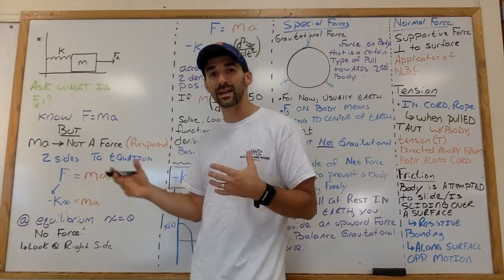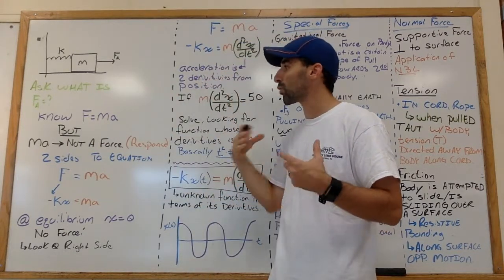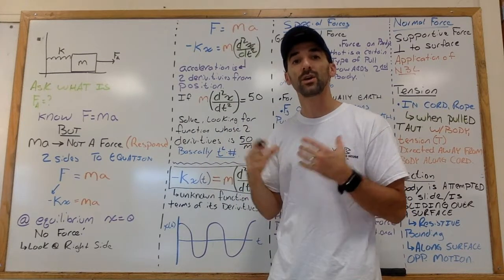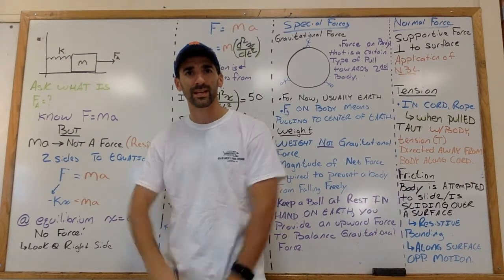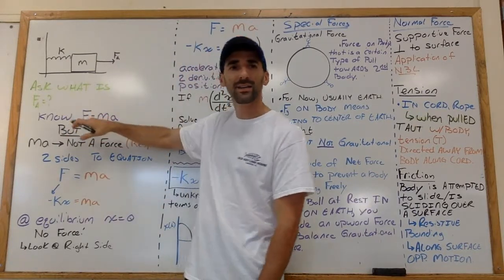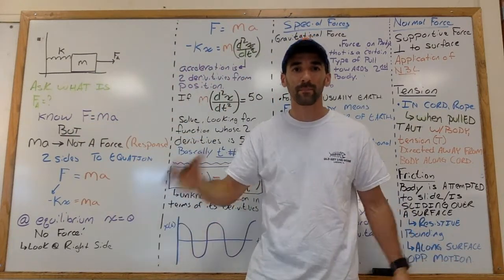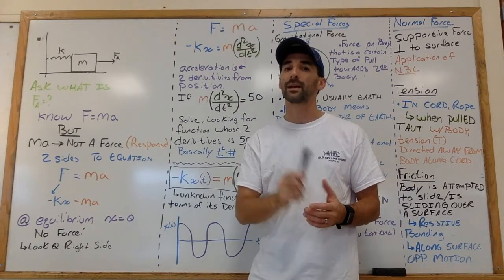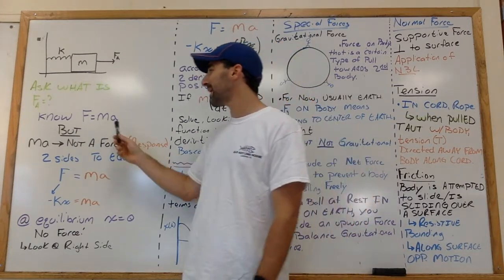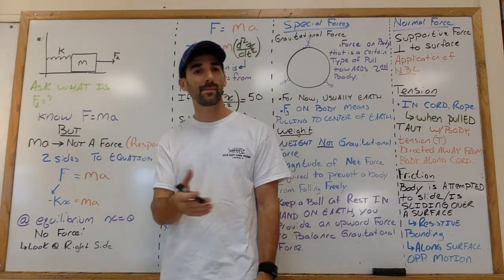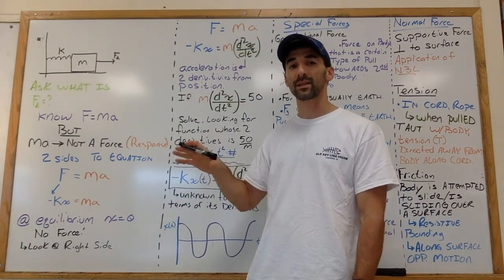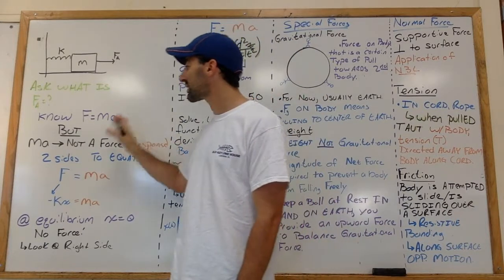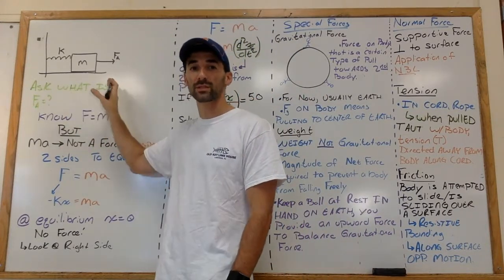So you see this, and I ask, if I pull this mass, what is the force acting on that mass? You might be getting very excited right now and say, oh, I can do that. I know Newton's second law. Newton's second law is simply F equals ma. But there's a catch, something that people may not have told you before. Ma is not a force. What do you mean ma is not a force? Ma, or the mass times the acceleration, is actually a response to that force,